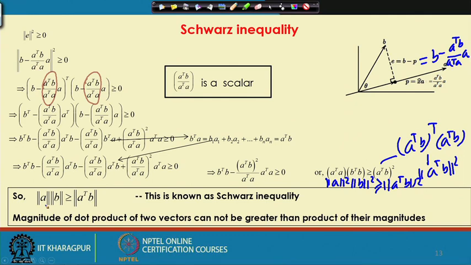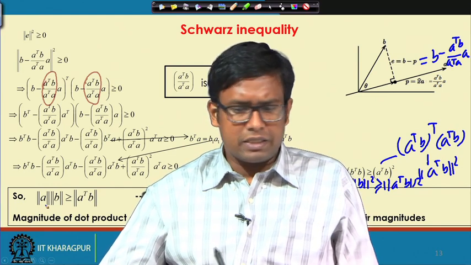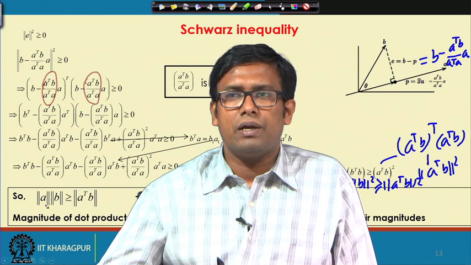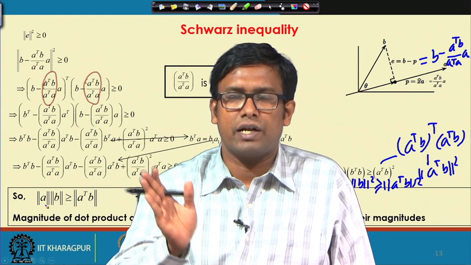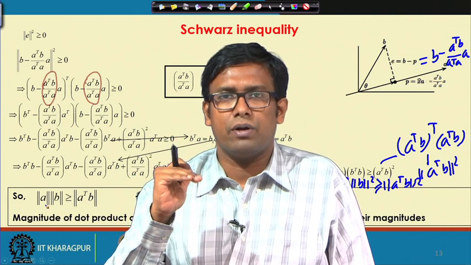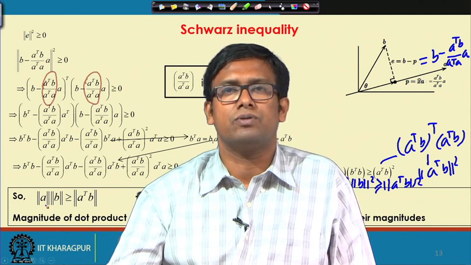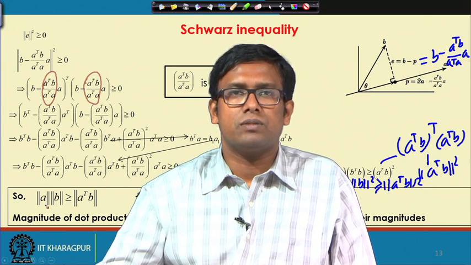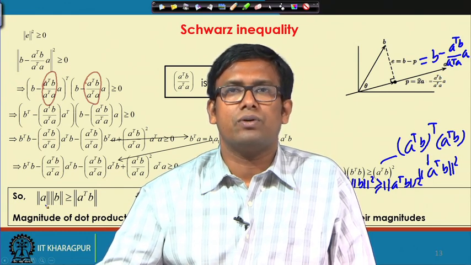So, we have spent some time on the projection operators, and in the next class we will start looking into how we can utilize the idea of the projection operator. We will project one vector onto another vector and get a component along the vector, and get another component which is E, the left out component, which is perpendicular to the vector. So, from one vector we can create two orthogonal vectors, and orthogonal vectors are always mutually independent. In that sense, if we can create a set of mutually independent orthogonal vectors, we can use that for certain purposes, including the solution of matrix equations.